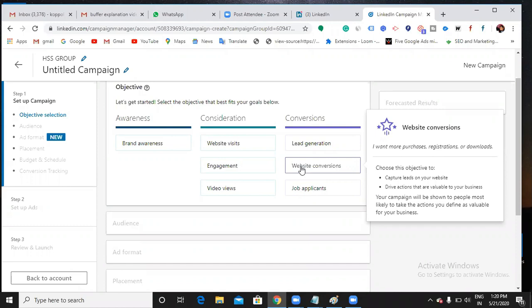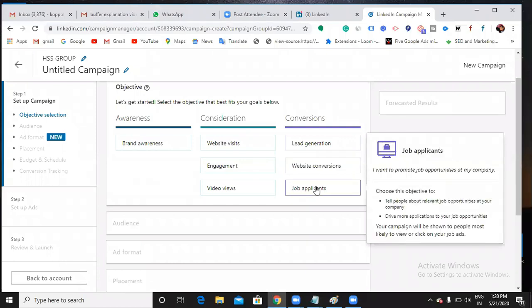So, job applicants. This is the best option that can be used by HRs in LinkedIn. So why is this option available only in LinkedIn? Can anyone tell me? It's a job portal. Most companies use LinkedIn, it's a more job-related product. More companies will use this to find job applicants, or else many people promote their jobs as well.